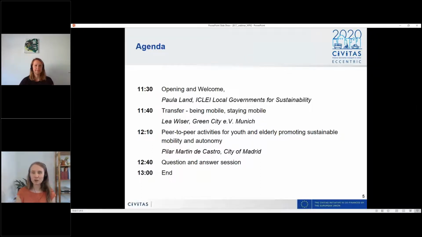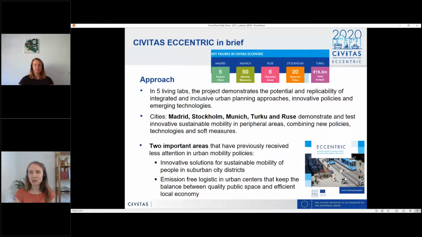So just a brief overview of the CIVITAS Eccentric project, which is the framework in which we're doing the webinar today. It's quite a large project. I already mentioned it's been running for 4 years already. There are 5 cities involved in the project, and each city has a living lab. In these living labs, the cities demonstrate the potential and replicability of integrated and inclusive urban planning approaches, innovative policies, and emerging technologies. The cities that are involved in Eccentric are Madrid, Stockholm, Munich, Turku in Finland, and Ruse